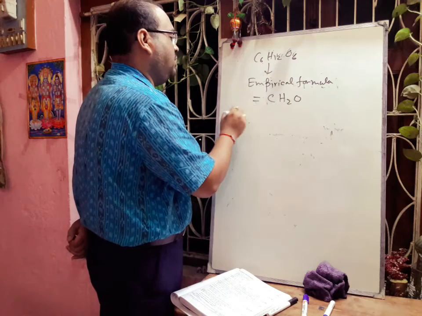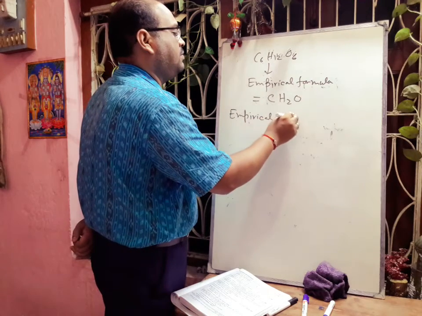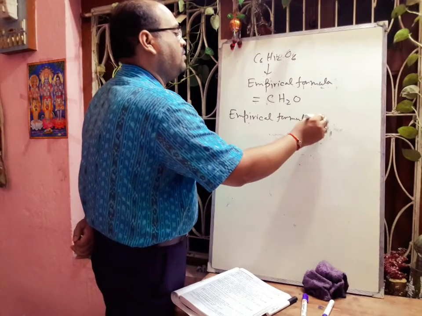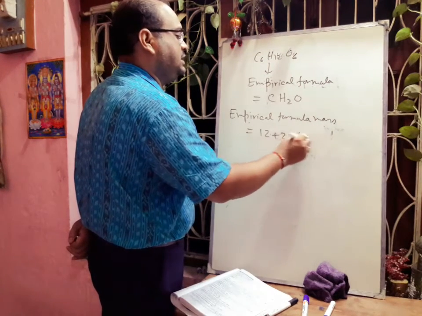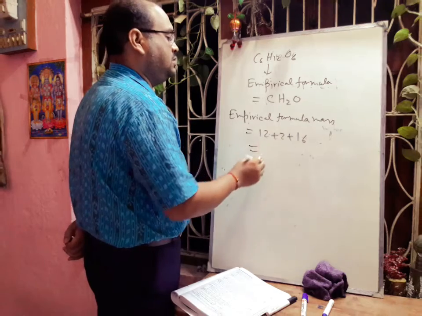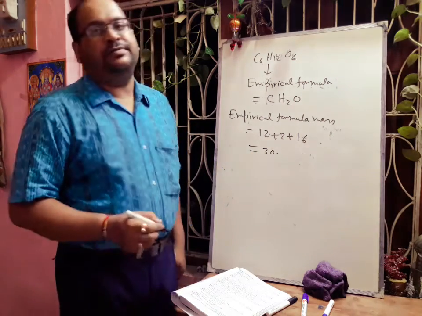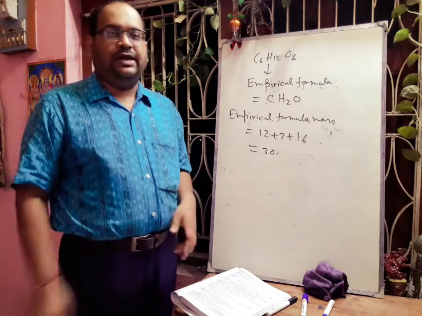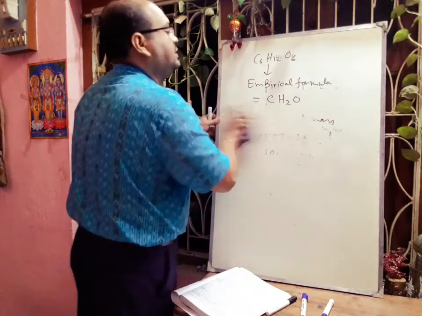So empirical formula mass is equal to 12 plus 2 plus 16, that is 30. Okay. So in this way we can calculate the empirical formula mass. Next we will discuss